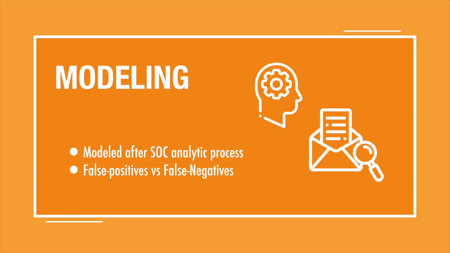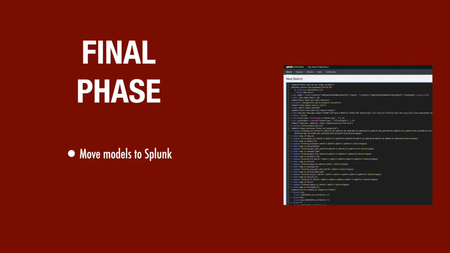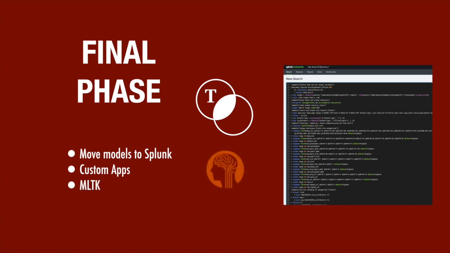False negative performance was another factor used in determining the best algorithms for the set. The final phase of this project was to see if the chosen model can be run on Splunk in order to take advantage of Splunk's data pipeline. Here I would be using custom apps like the one I built for Practicum 1 and the mail parsing app I built for this practicum, and then of course Splunk's machine learning toolkit, which allows Splunk to run sklearn models,